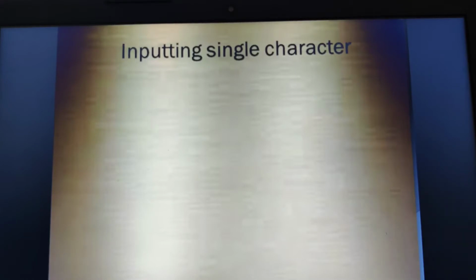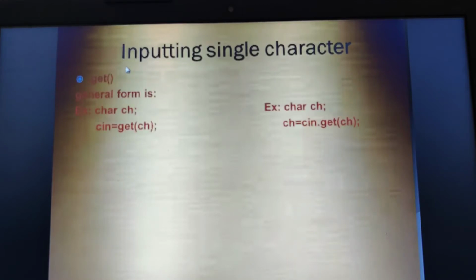So in order to read a single character, we have a function known as get. How do we write this particular get? Instead of cin, we can use a function known as get. Here we have declared a variable called ch of data type character. In the next statement, I could have written cout, enter the character. When you're asking the user to enter the character, instead of directly writing cin, stream extraction, followed by ch, the variable name, I'm using a function known as get, which helps me to read only a single character. So how do we write the syntax?